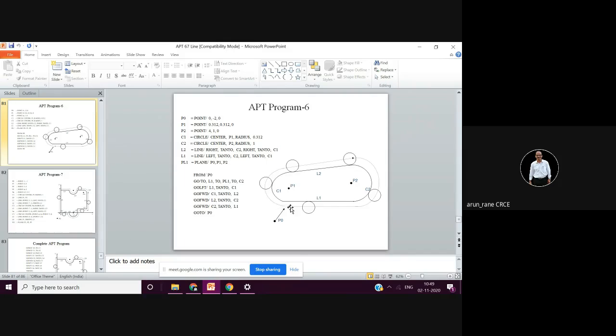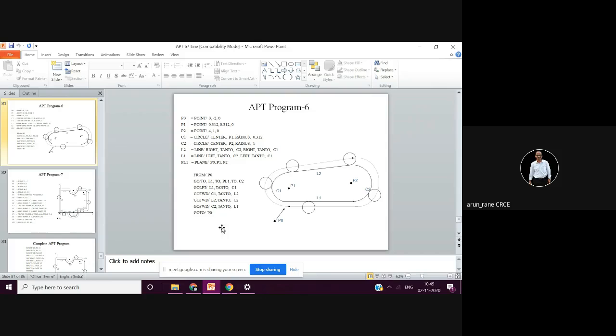That is L1 tangent to C1. So no mistake. And then at the end of this statement, the cutter is at this point, that is go forward, then C2 tangent to L1, and then from here it will go to P0. So program is right.